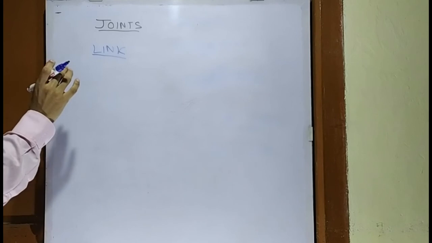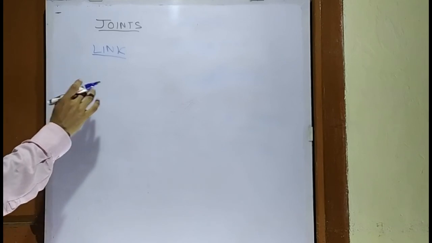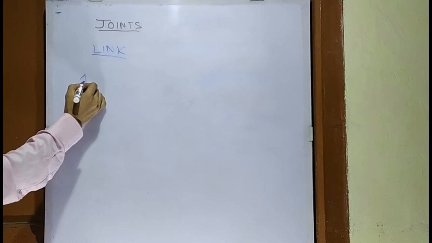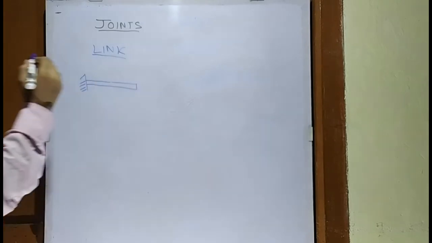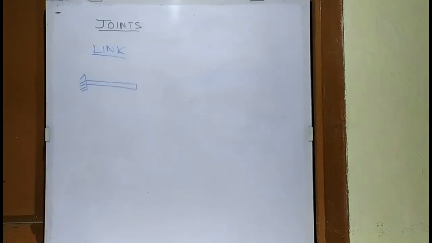So for the understanding of the link, we will just consider the same case which we have considered for the internal roller. So this is our beam which is fixed like this. Now what is a link? For a structural engineer, it is very important to consider the practicality of a structure. If we are going to model the structure for our structural analysis in any software, then we have the real structure. So it is very important to know the end conditions, or the behavior of a structure, to model it in that software for our analysis purpose.